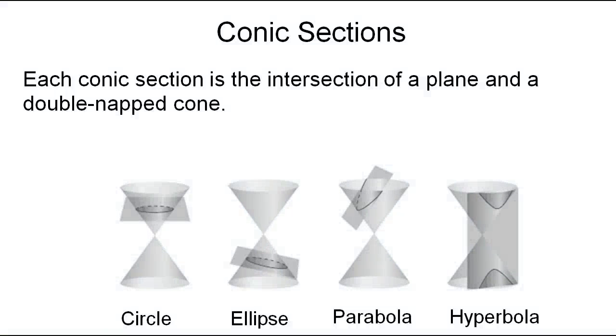Hi there, this video is going to just quickly go over the conic sections: circle, ellipse, parabola, and hyperbola. Now historically, conic sections were studied by taking a plane and slicing it through a double-napped cone. We're going to look at them as a locus of points, which means a collection of points, starting with the